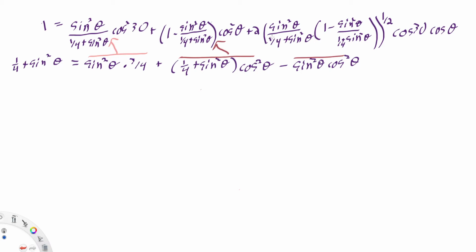So we are multiplying by a factor of 1/4 plus sine squared theta. When we move that into the square root, we're going to get the square of 1/4 plus sine squared theta. One of those factors is going to go to cancel this denominator here. One of those factors will be used to cancel the denominator in the second term of the second factor over here. So what we will get, we'll get 2